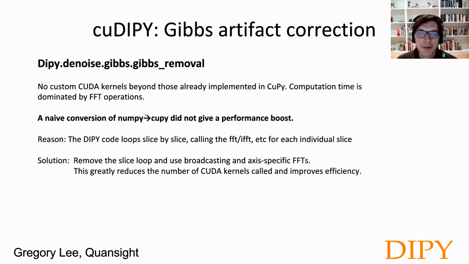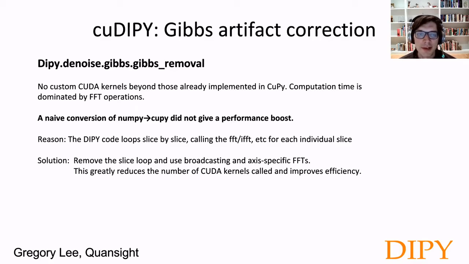A second example is the Gibbs artifact correction, which is basically the ringing that occurs in the spatial domain due to truncation in the Fourier domain. And there's an algorithm for removing that implemented in DIPY, where the majority of the computation is done in FFTs. So those FFTs also exist already in cuPy. So we could do a straightforward conversion as in the prior example, except in this case that didn't really give